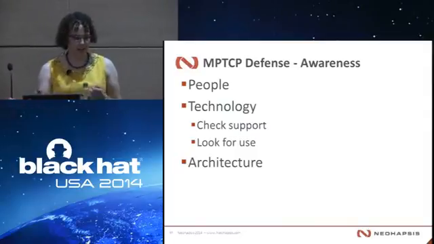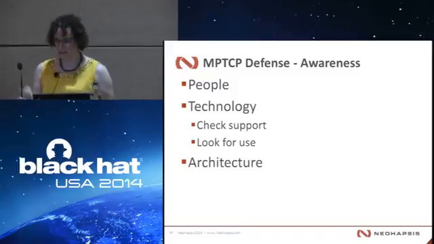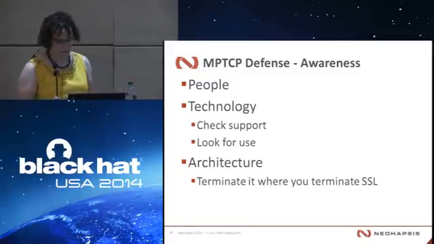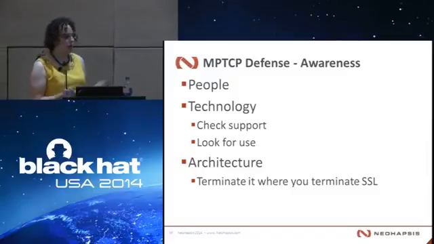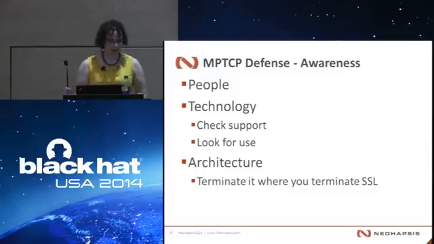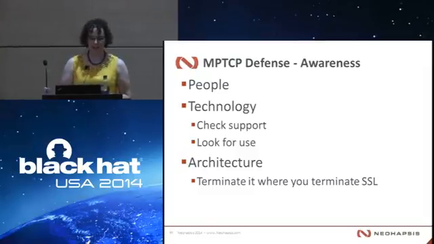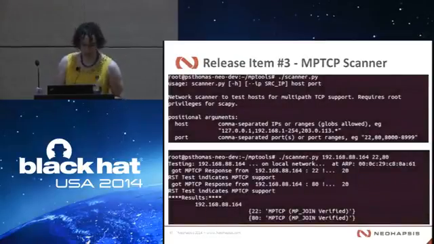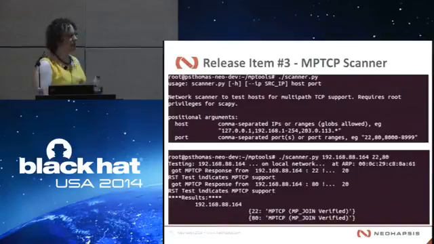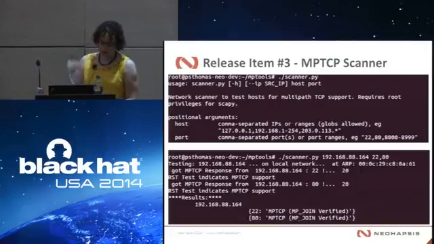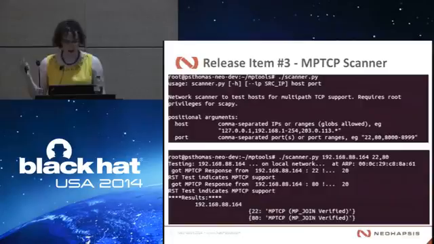Understand if your architecture can cope with a multipath world, or if you can successfully control it and terminate it in the same way that we do SSL. Uncontrolled SSL, you have no idea what's going across your network. Uncontrolled MPTCP, you have a partial idea, but it's still messy. And to help with that, one of the things we're releasing is a scanner. Something which will scan listening devices on your network within a range and see if they actually understand this. You give it a host, a port, or a set of ports, and it will scan them.